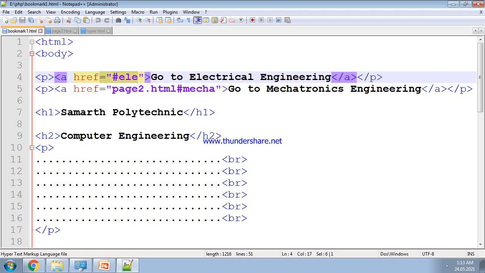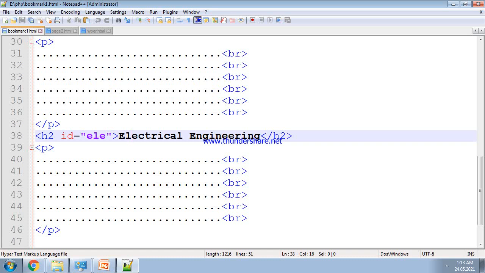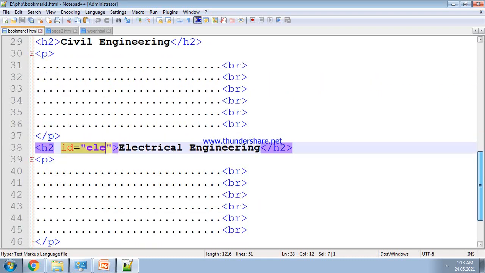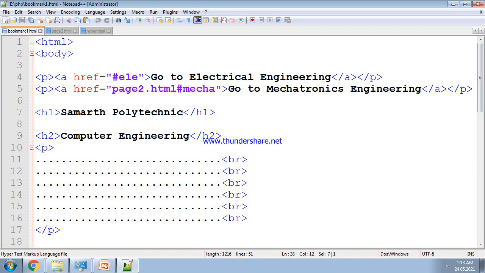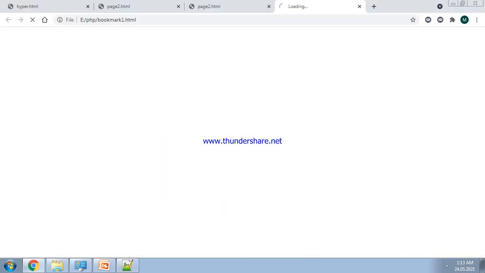So we give this value ELE in the ID attribute of the electrical engineering heading, as we have done here. So when we click on go to electrical engineering, we can go to that section of the page. Now let us run the program to get the output. Run, launch in Chrome.